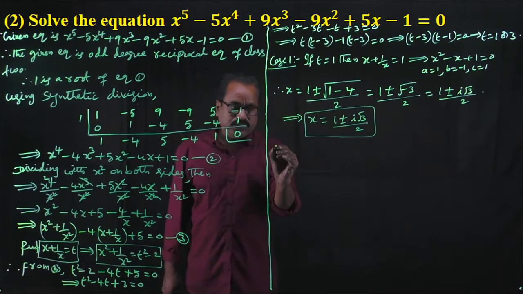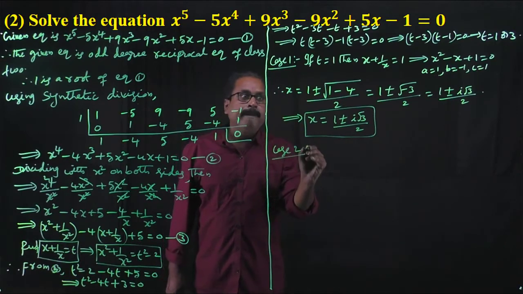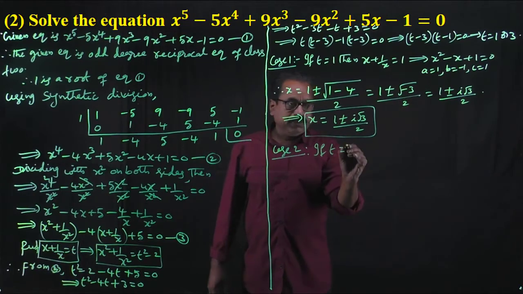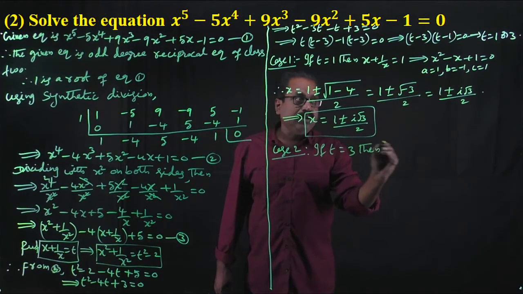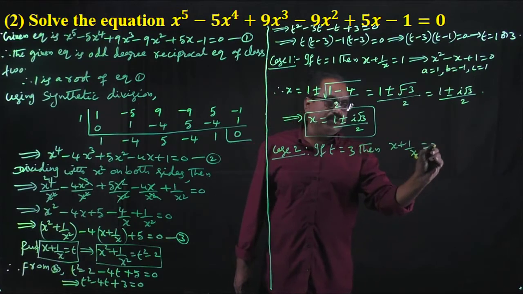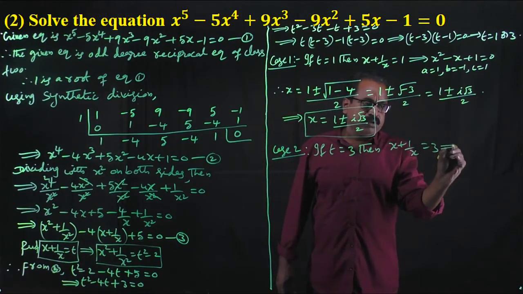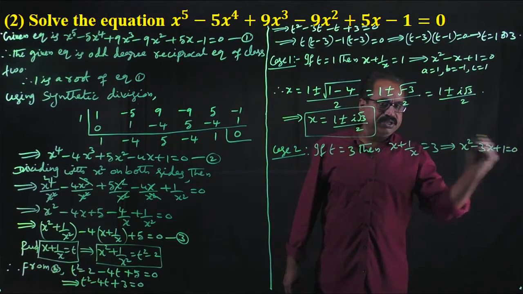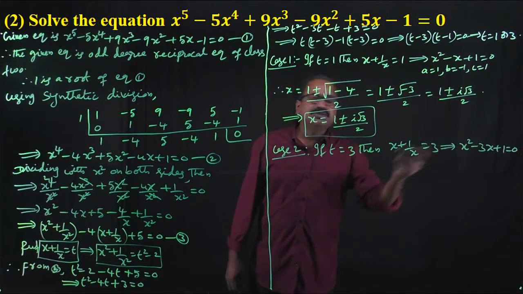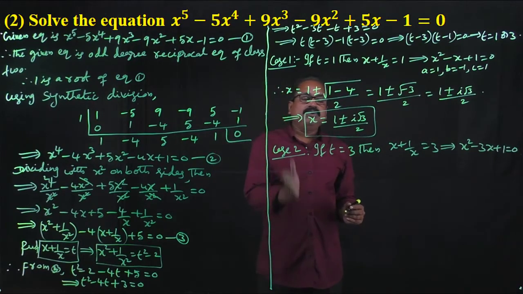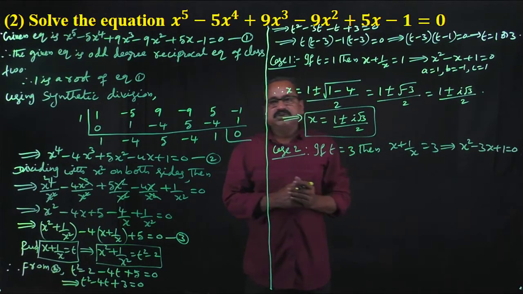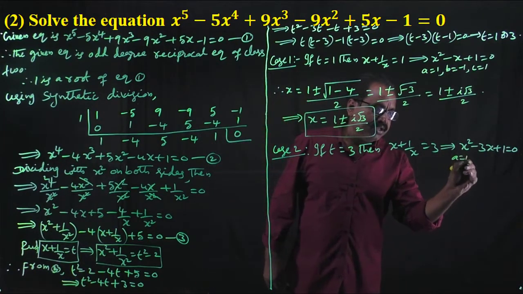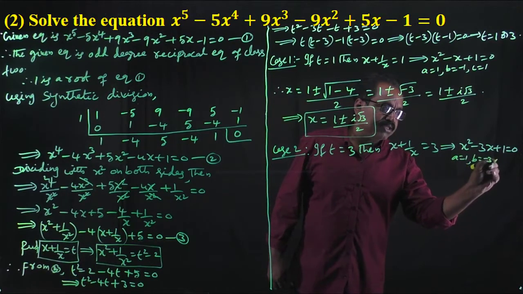Now case 2, if t is equal to 3, then x plus 1 by x is equal to 3. Now LCM gives x square minus 3x plus 1 is equal to 0. Here also same, using x is equal to minus b plus or minus root of b square minus 4ac by 2a. Here also same, small a is equal to 1, small b is equal to minus 3, small c is